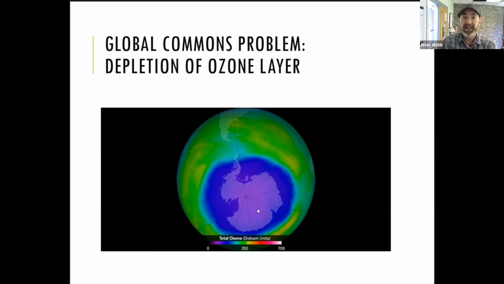We discovered this, and this is highly problematic because the ozone layer in the stratosphere is critical for us to be able to be outside and not get sunburned. There would be significant consequences for humanity if we didn't have an ozone layer in the stratosphere.